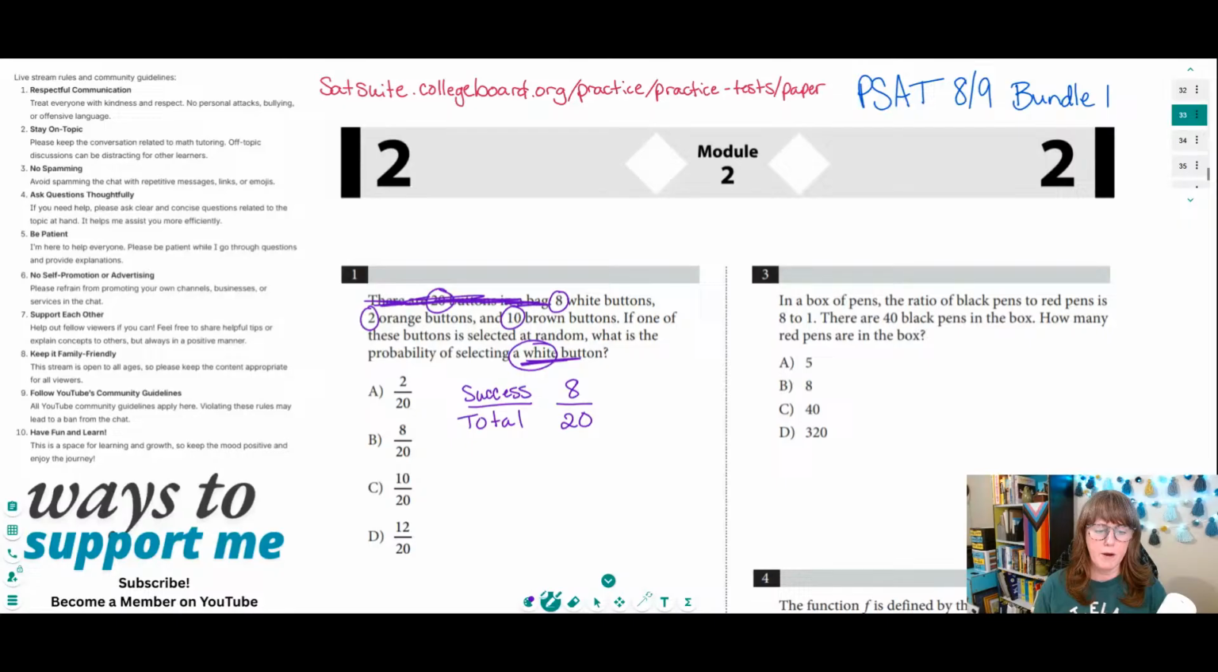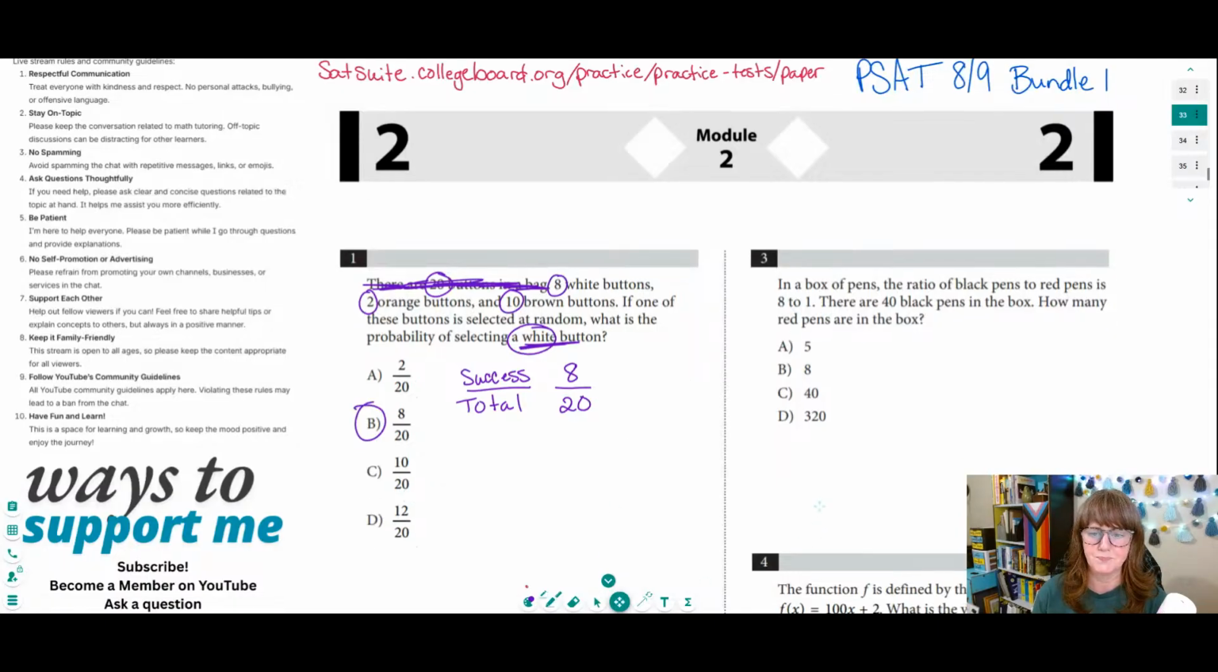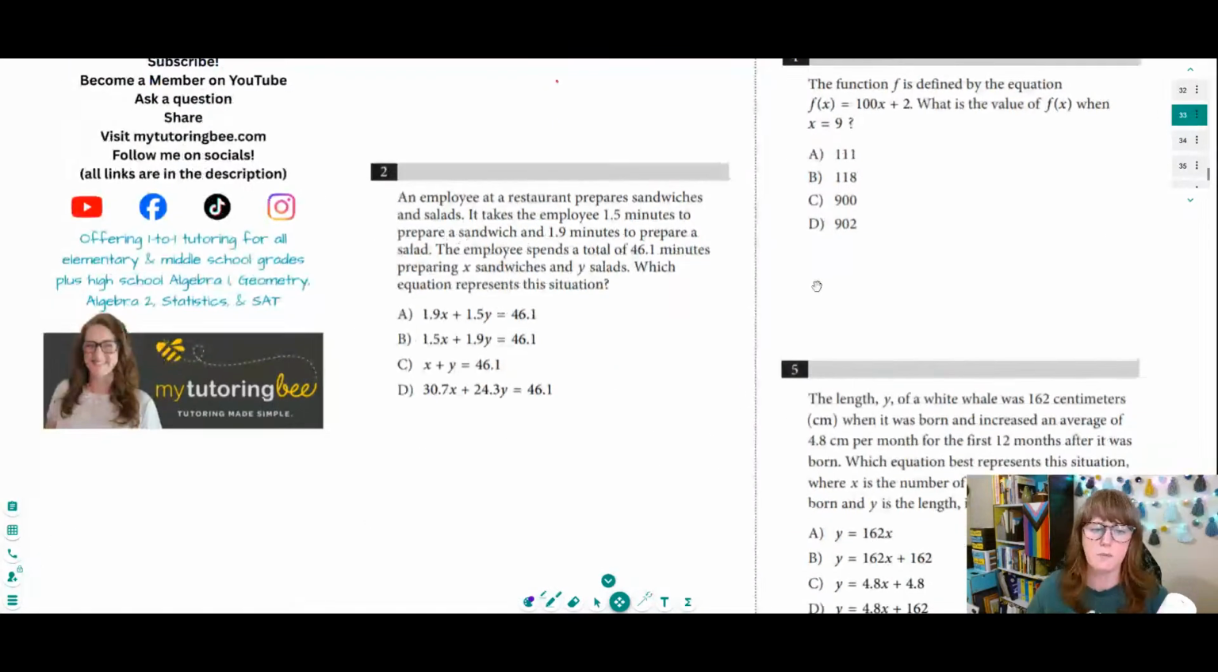Okay. Alright, so in this case, we do see 8 out of 20 here, so that would be the correct answer. You might need to simplify this fraction, so if you don't see this fraction exactly the way that it is, then simplifying it, you might see that as one of the options. Alright, let's go down to problem